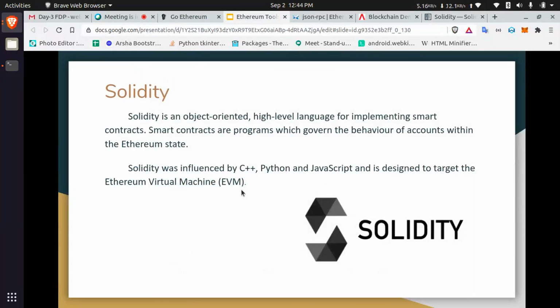This is the same as Java. Don't be confused. I will explain Solidity in further classes. But this is the main thing we need to study for Ethereum.